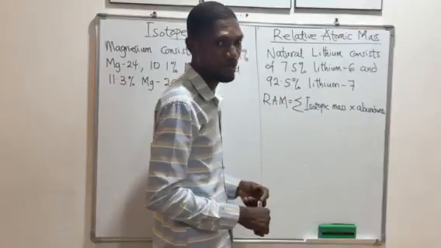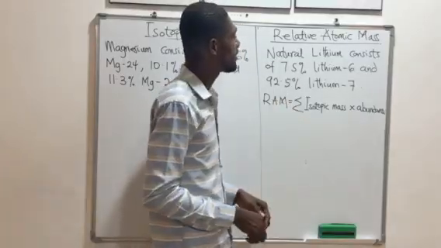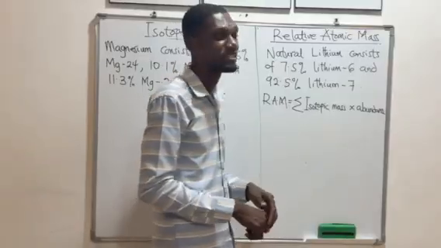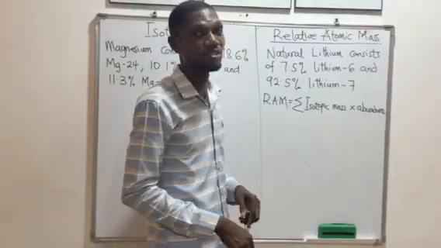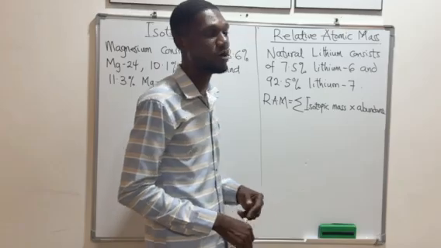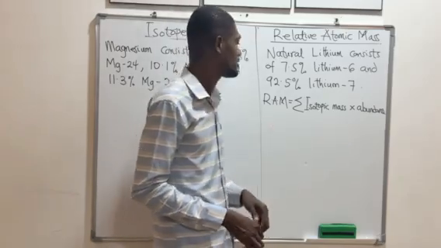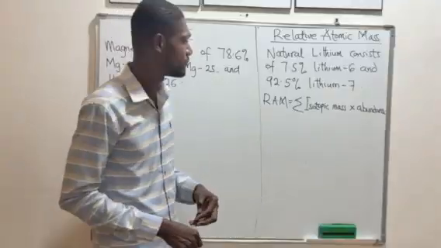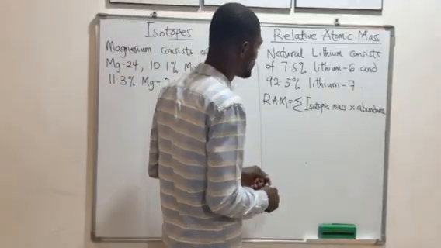So here we have an example. Naturally occurring lithium consists of 7.5% lithium 6 and 92.5% lithium 7. How do we find the relative atomic mass of lithium? Now, to find that,